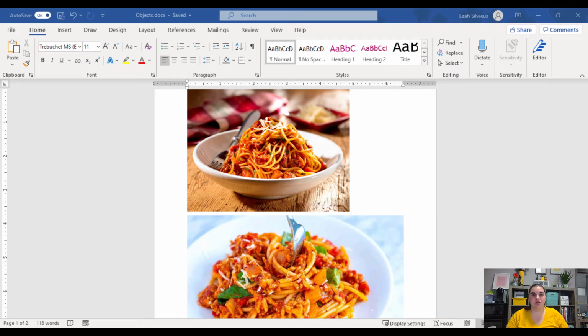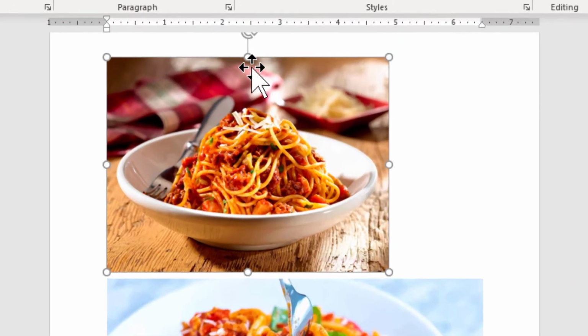So now that we have images in here, we can actually start using the picture tools and adjusting the pictures inside of our document. Pictures are used constantly to provide additional information as well as visual images, and just to give a break to the reader. So when you have a picture, you want to select it, and when you select it, you get this bounding